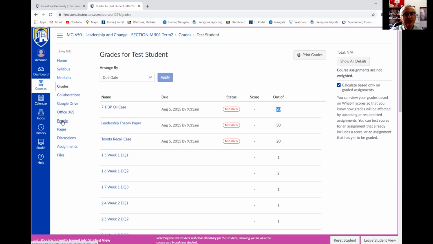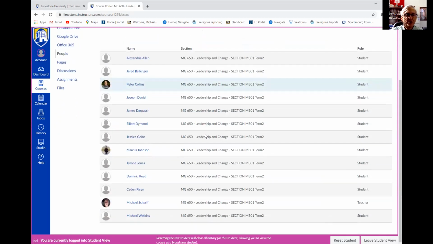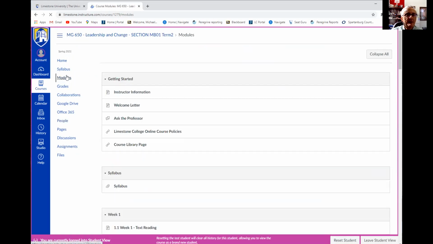Another, I guess, interesting thing is you can also see all the people in the class with you. So here are the people that are signed up, even though this class hasn't started yet. These are the students that are enrolled in the class. So you can see who's in class with you, so you can get in touch with them and things like that. So that is basically the learning management system and how we've agreed to set it up in the